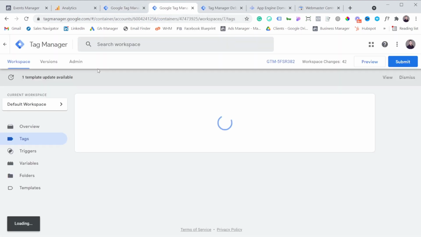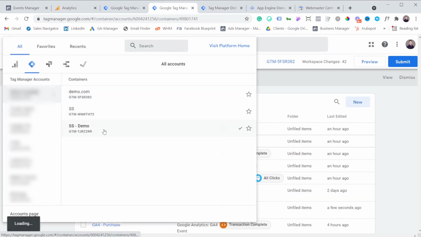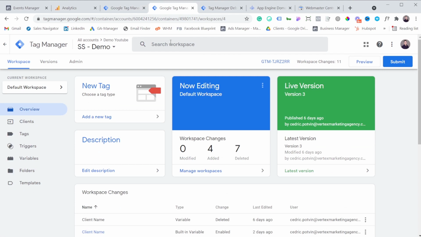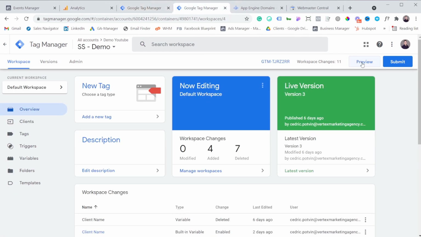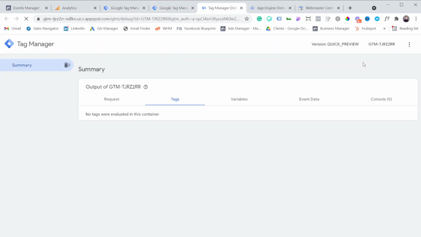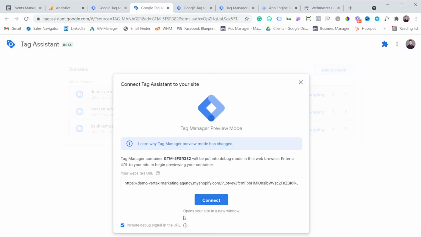So now what I'm going to do is I'm just going to duplicate this tab right here, and you're going to want to do the same and open your server container and your browser container. So my server container is right here, and then here's my browser container. So I can click the preview button, and it's going to open this up right here. And now if I go back to my browser container, if I hit preview and I put in my website URL right here,